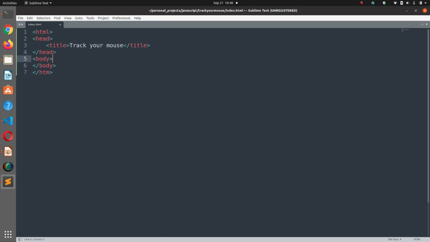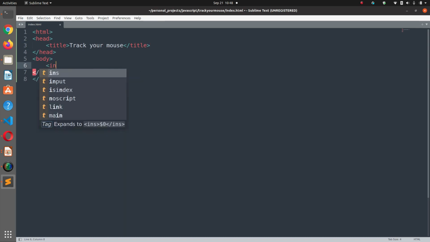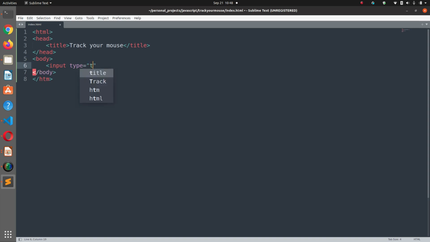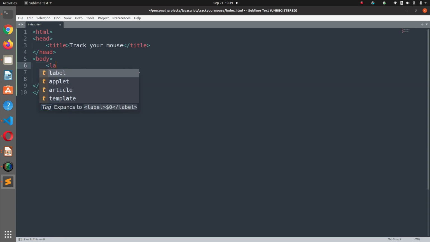This is it, and here we have two input boxes. One has the ID of X and the other one has the ID Y, and then we can have labels,